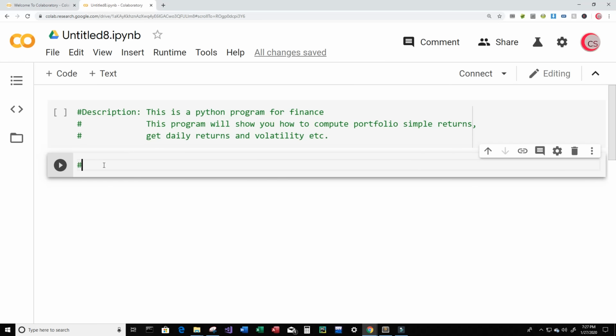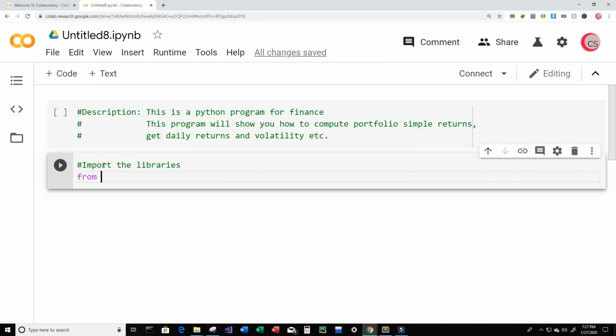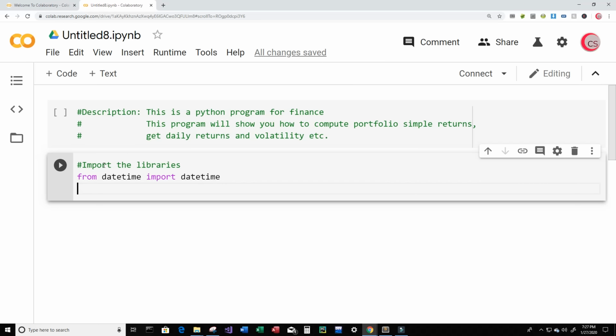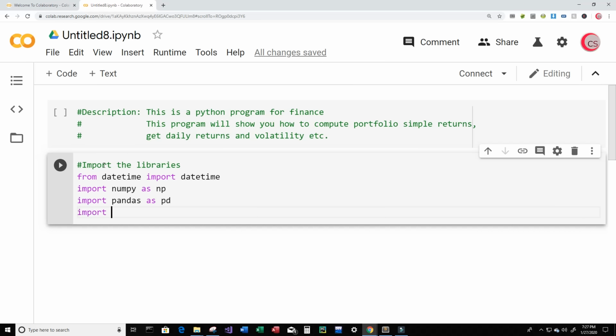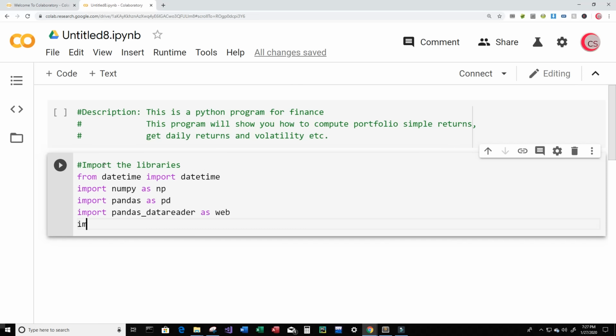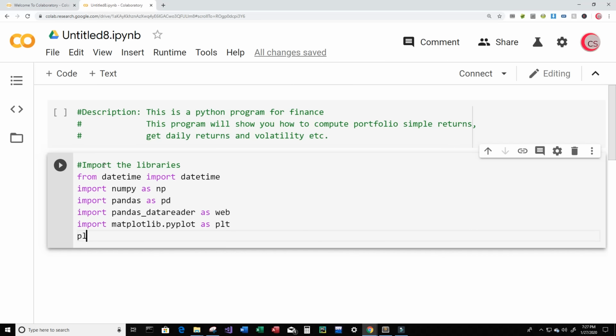And in this cell, I want to import the libraries that we're going to be using throughout this program. So from datetime, I want to import datetime. Then I want to import numpy as np. Next, I'm going to import pandas as pd, and I'm going to import pandas underscore data reader as web, and I will import matplotlib.pyplot as plt,